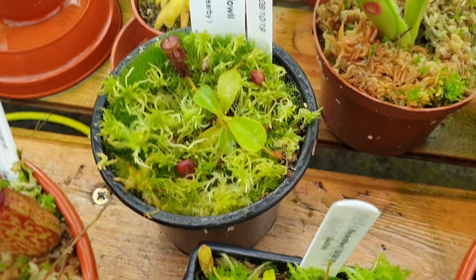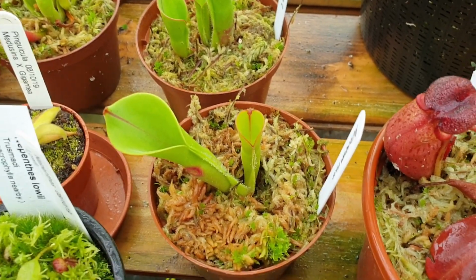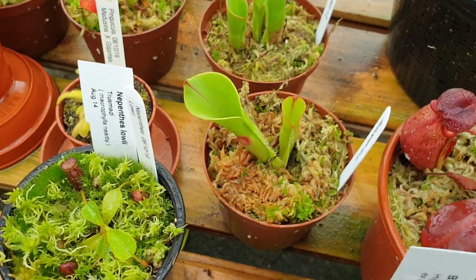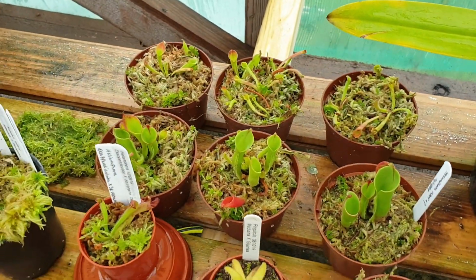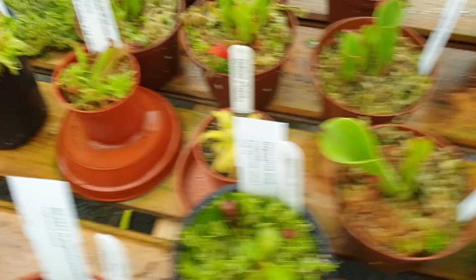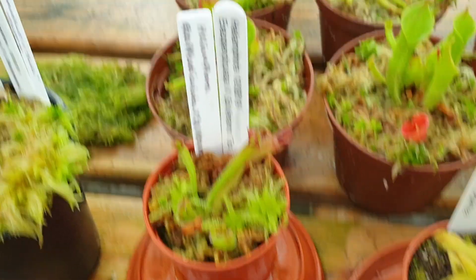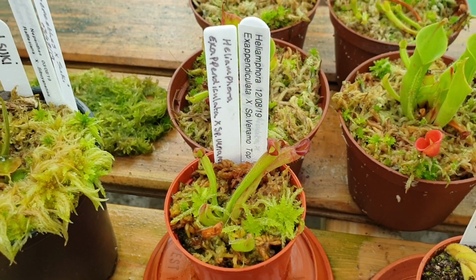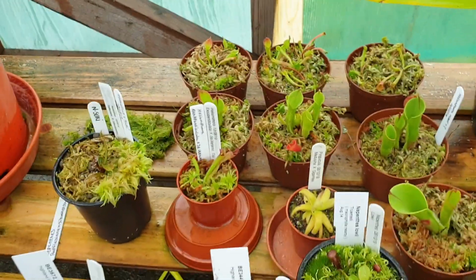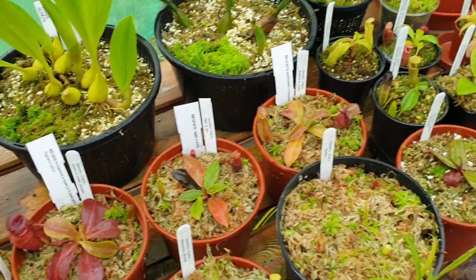Yes! A new pitcher opened on my Helianthera minor. That's good, because I repotted them all. I separated all the plants. So yeah, my Helianthera exapendiculata has got 2 new leaves coming out on it. It's going to be a very nice hybrid, I think. So yeah, I think that about sums it up. Showed you all my new plants, and